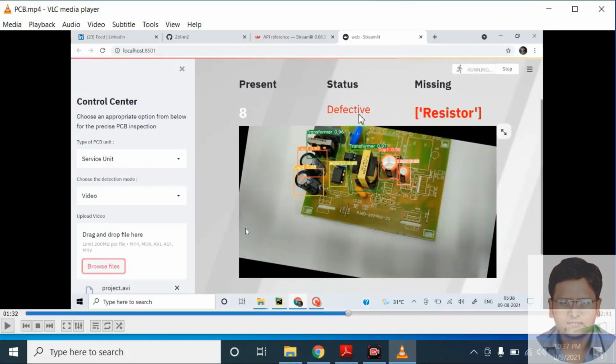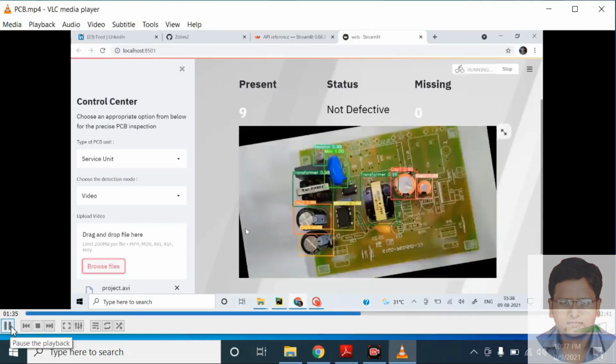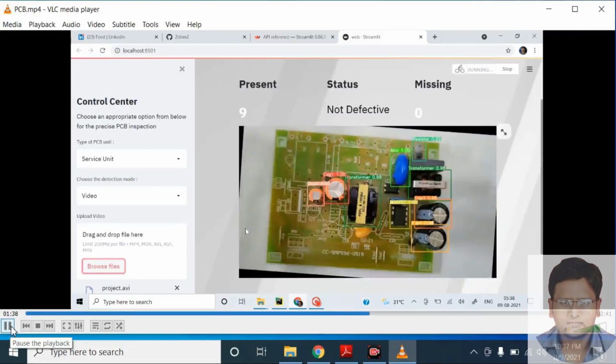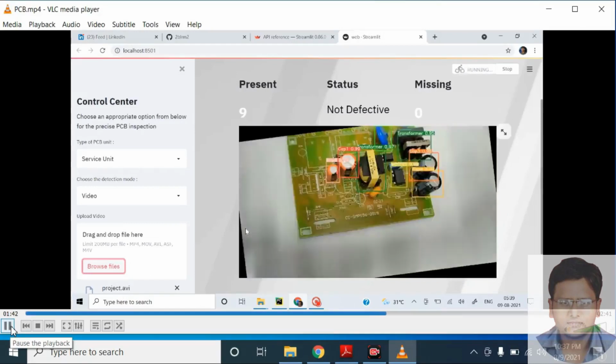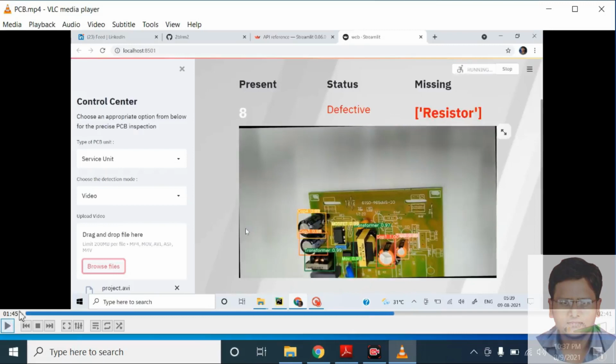So it is showing defective because the missing part, a resistor, is mentioned here. We can see the position of the resistor, as we know here is the resistor position actually, and the resistor is missing here. In this way, the UI part is working and defective and non-defective PCBs we can easily find out in this application.